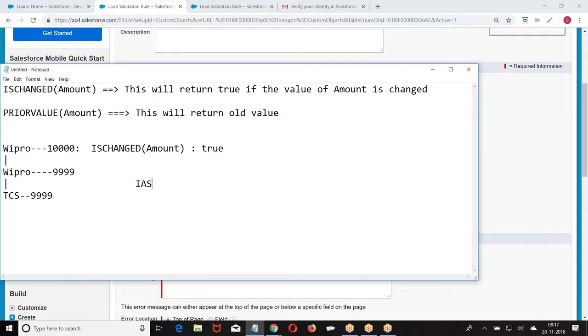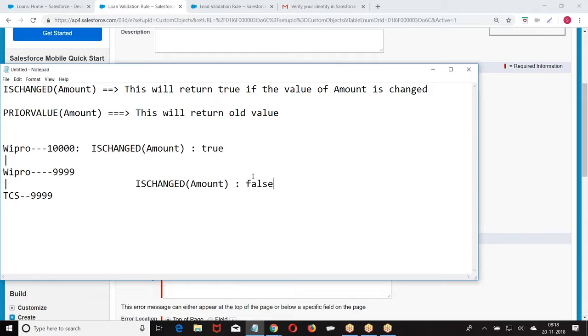If I give isChanged of amount, if you look at this, the amount is not modified, so it gives false.